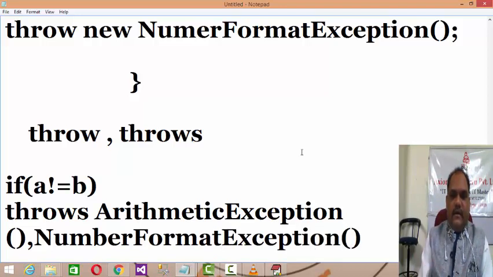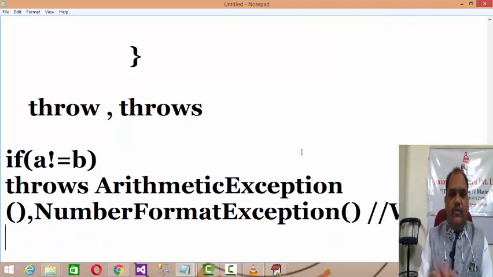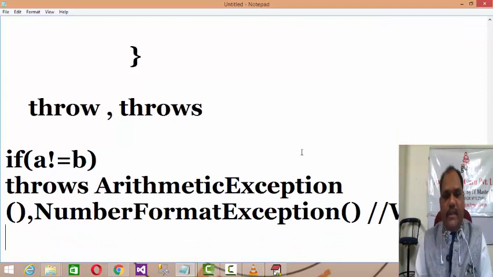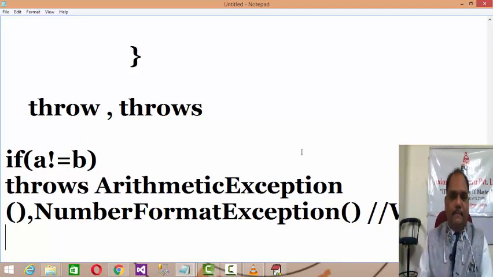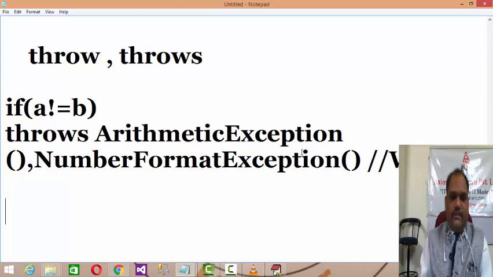To say that throw is singular and throws is plural is a completely wrong statement. This is not the case, right? You cannot throw multiple objects of exceptions at a time out of the try block. Now what is the use of throws? Throws is not useful for these reasons.